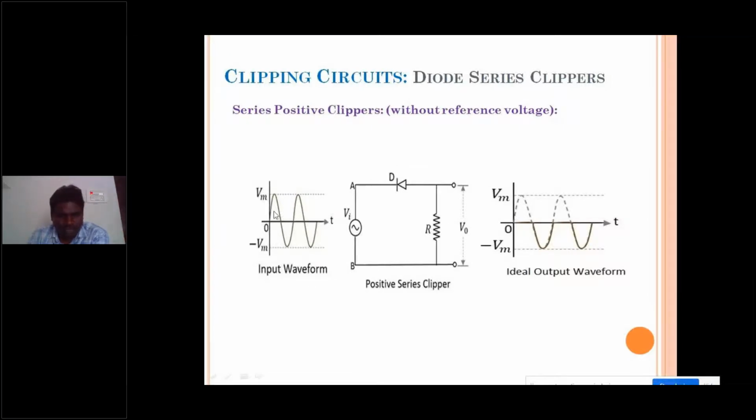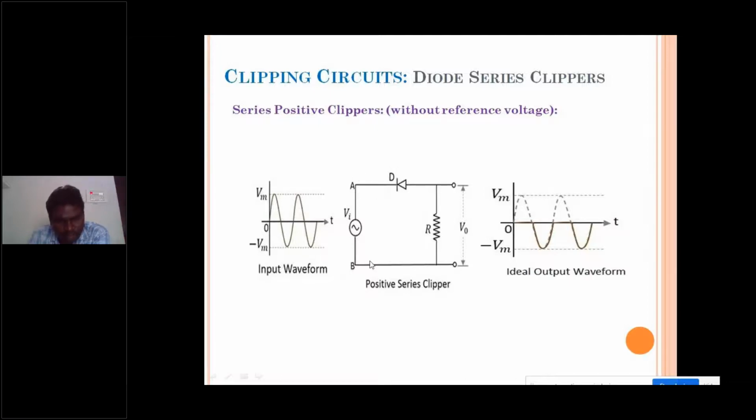For example, if I am applying a positive half cycle, I am applying this side. This is positive. The input is moving more positive. I don't know whether you are able to see my mouse pointer in your slides or not, but let me show here. When I am just increasing this signal positively, this positive signal is applied here. That means the cathode is taking more positive. On the anode side, it is like grounded. 0 volts is applied on this side, but in the positive half cycle, this is going on increasing.